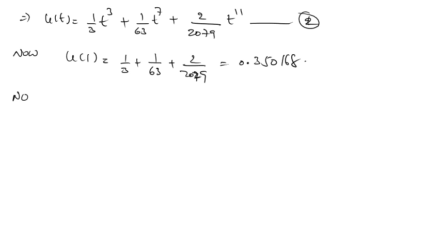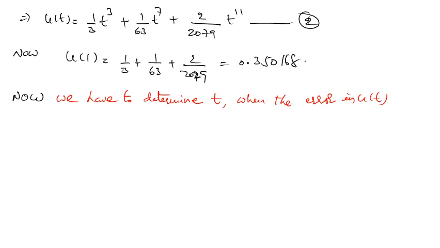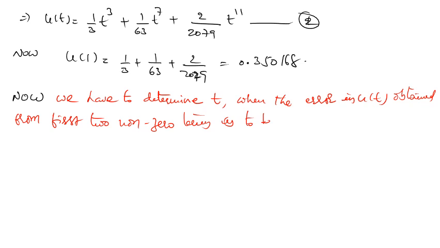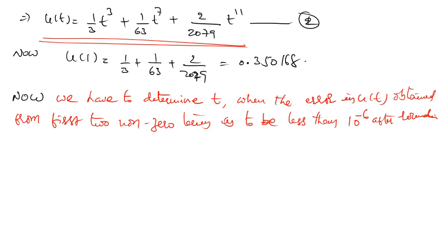Now the question is, see, another question is also what? Also determine t, when the error in u of t obtained from the first two non-zero terms is to be less than how much? 10 power minus 6 after rounding. Now see, this is the Taylor series expansion up to 3 terms, but what is required? Up to 2 non-zero terms. Okay, right. The Taylor series up to 2 non-zero